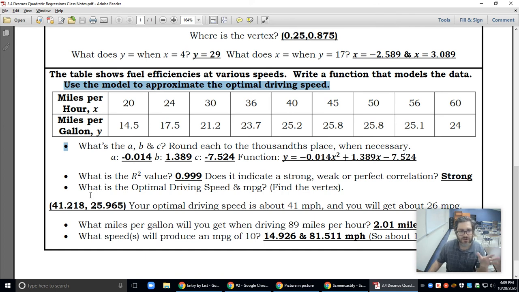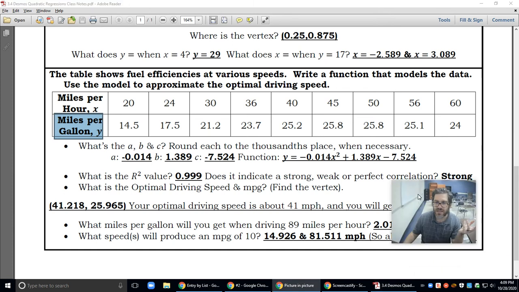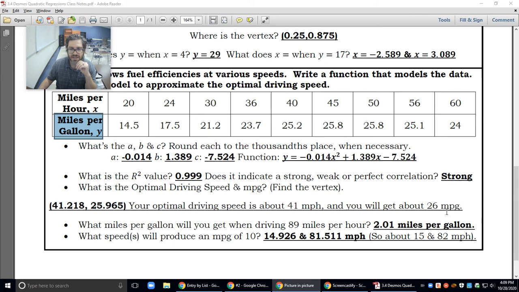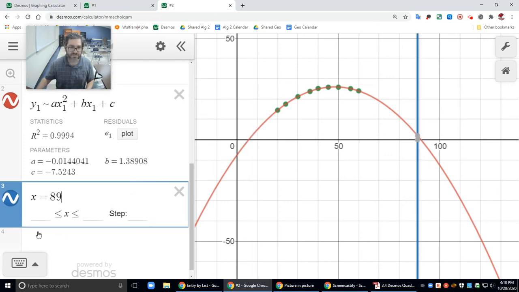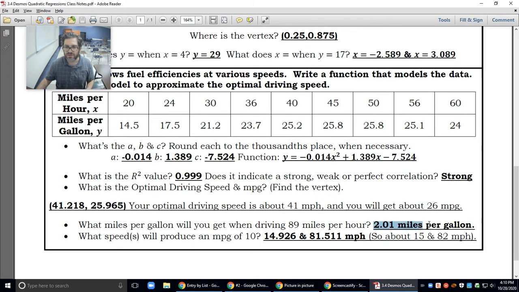How would I interpret that? Well, your x values are miles per hour, your speeds, and your y values are your efficiency, your miles per gallon. So your optimal driving speed is about 41 miles per hour, and you'll get about 26 miles per gallon. All right. So then I can ask you follow-up questions like, what's your fuel efficiency at 89 miles per hour? That's an x value. So I'll go back here. I'll type in x equals 89, and then click at the intersection, and you get 2.01. So that means I'll get about 2 miles per gallon